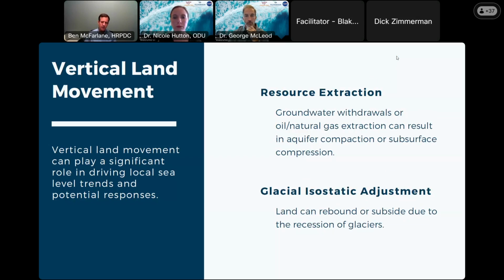As the glaciers continue to recede to the north, Hampton Roads, which wasn't under the bulge but was to the south of it, was being pushed up. But now as that glacier recedes, we're slowly coming back down. And so at some point, we'll get to the point where we're in an equilibrium again. But for now, it's very slow. It's probably somewhere in the range of about 1 to 2 millimeters per year of this GIA land movement. But it's something that we need to be able to take into account.